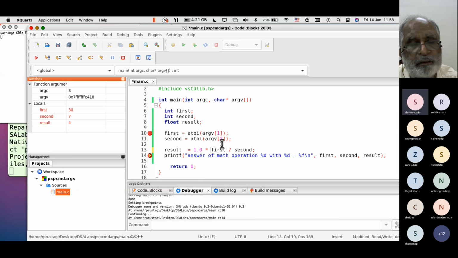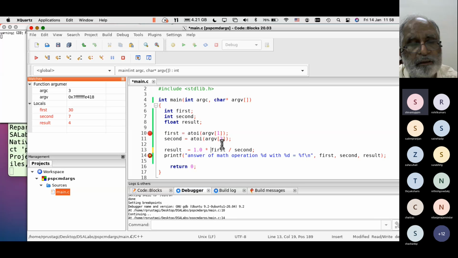Toggle breakpoints: if a breakpoint is not there, right-click will set it, and if it is there, it will remove it. So use Code::Blocks to debug properly and look at the values.